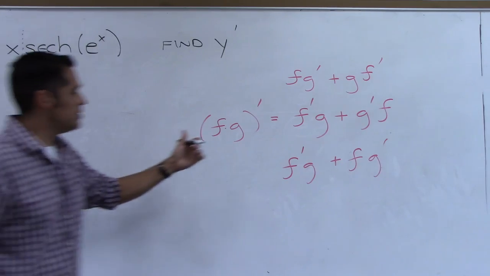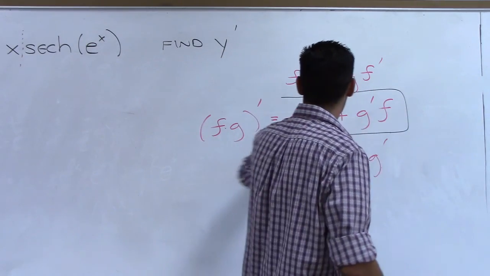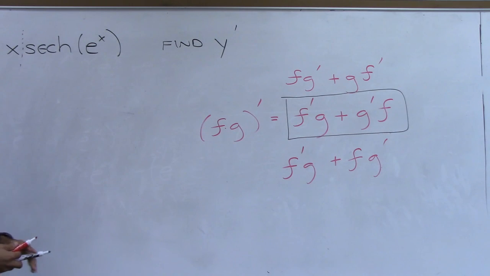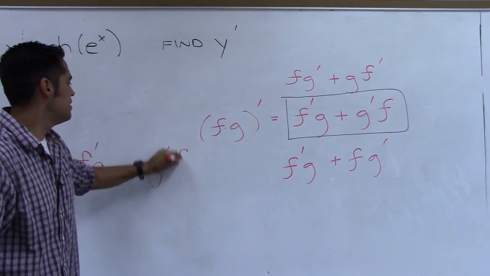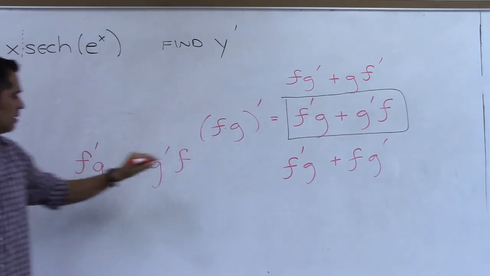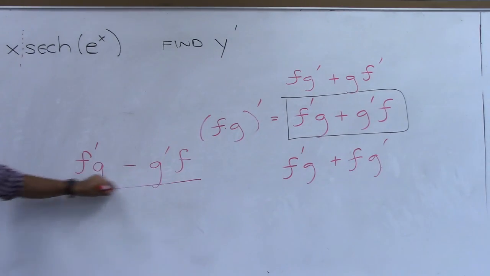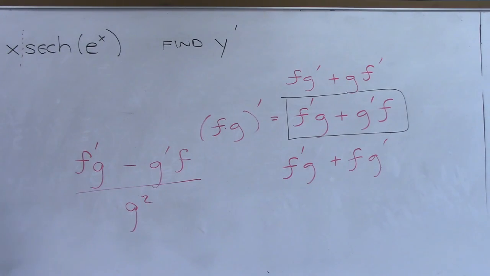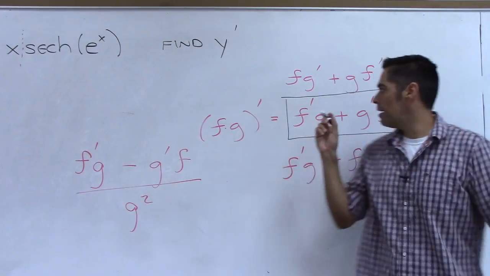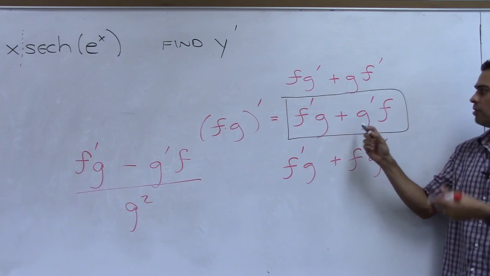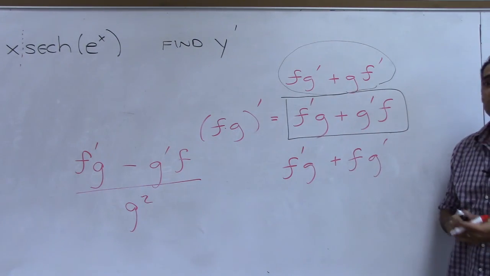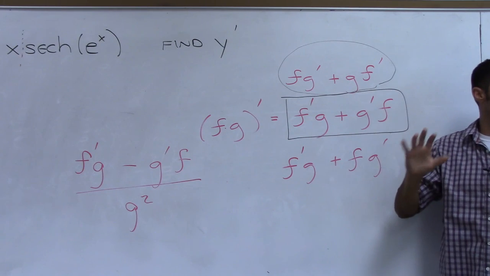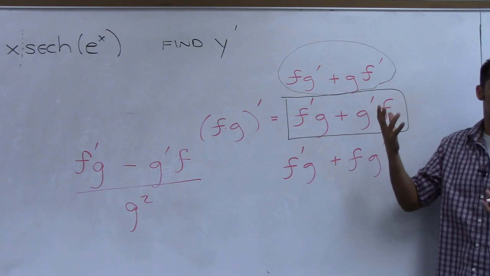There is a better formula, and this is the best one, and you can argue with me about it if you want. Because of this, the quotient rule is the exact same formula as that one, with a minus and a division by g squared. So if you learn the product rule this way, all you have to do to modify it for quotient rule is add a minus and divide by g squared. If you learn it the other way, a lot of students look at the quotient rule and product rule as being completely different formulas, which can be confusing because you have to remember them.